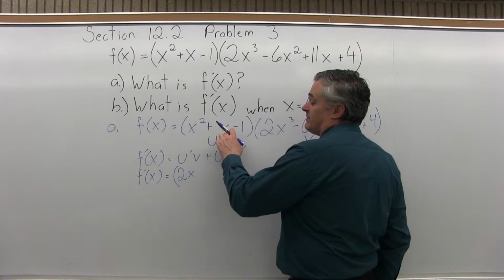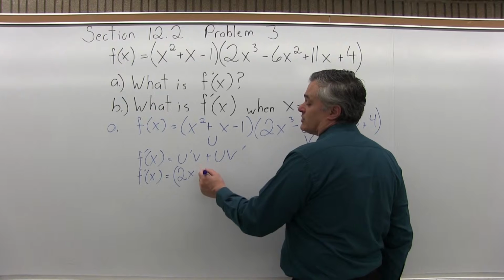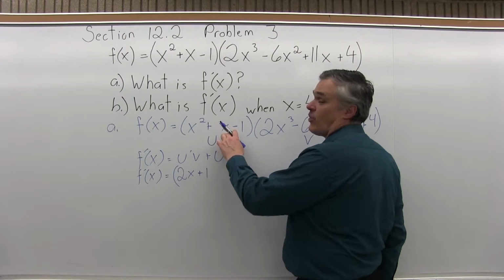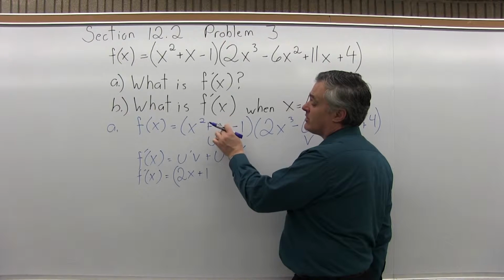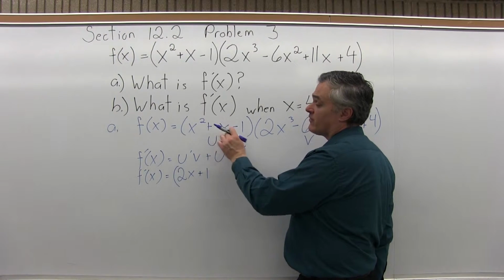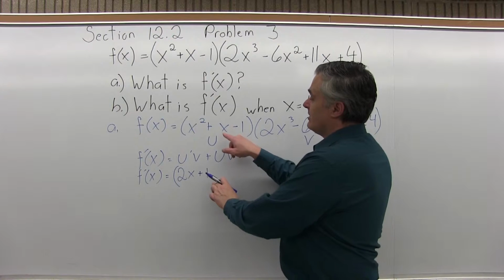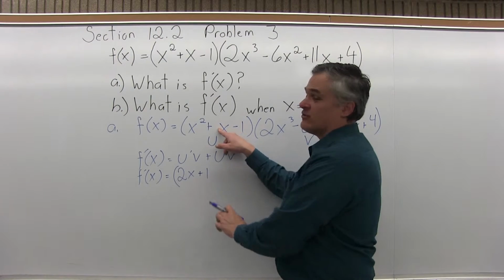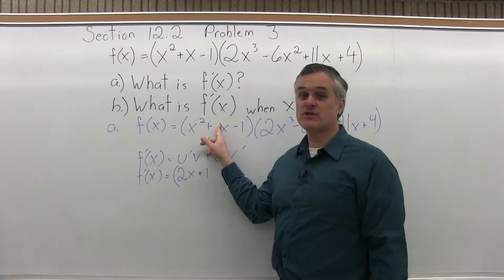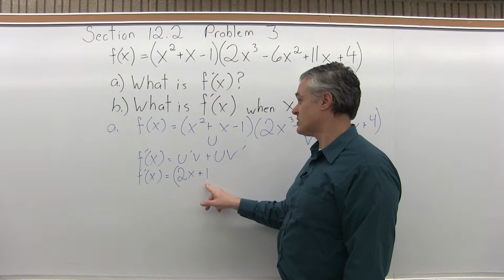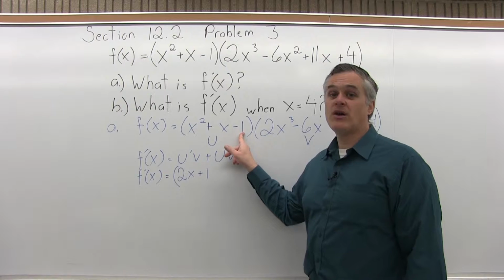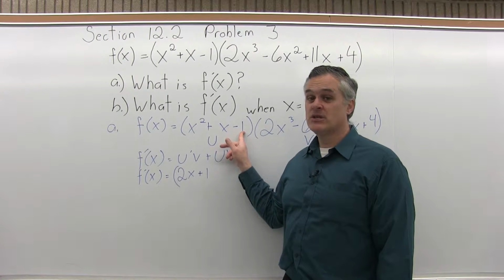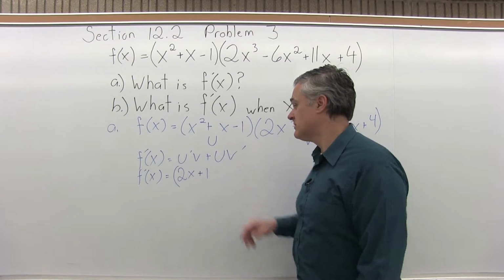The plus x in the middle, the derivative of that is 1. This is the derivative of 1x to the first. So again, when your variable is to the first power, the derivative is simply the number in front of the variable. And the number in front really isn't written. I had just written x, but it's understood to be 1x. So the derivative is just 1. Again, watch the sign, positive 1. The minus 1 on the end has no x, so its derivative is 0.